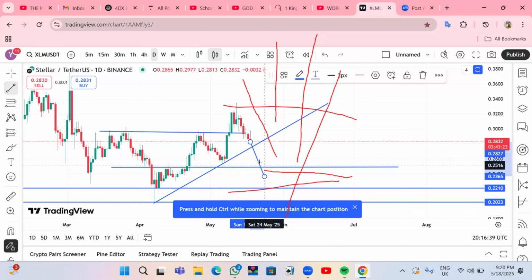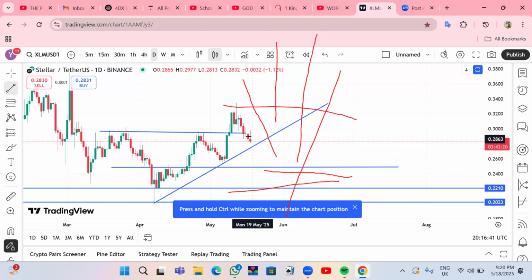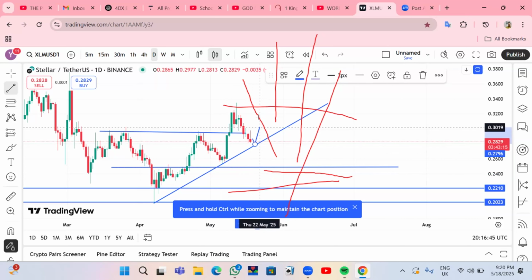But what could also happen is that price can just touch this trend line here and go up, which tells me that it's still bullish. And it's still a retest of this high. But if it breaks it, then this bullish trend line that I drew is now our guide. So if price gets to this bullish trend line and it gives you a bullish engulfing candlestick pattern,